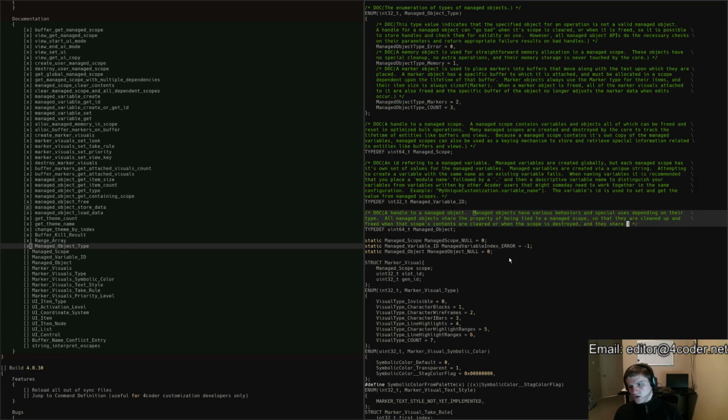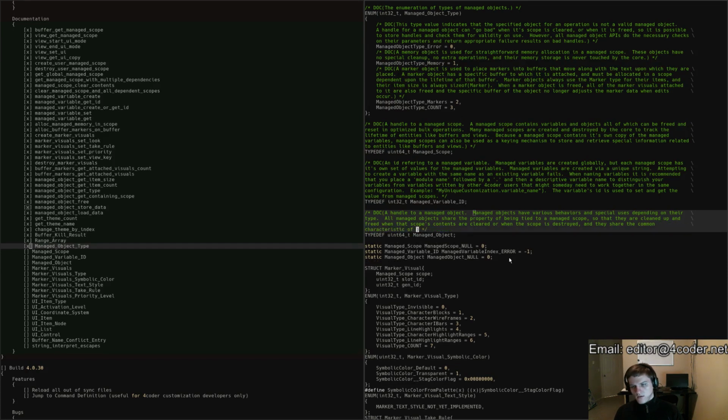And they share the common characteristic of supporting store and load operations to interact for whatever special